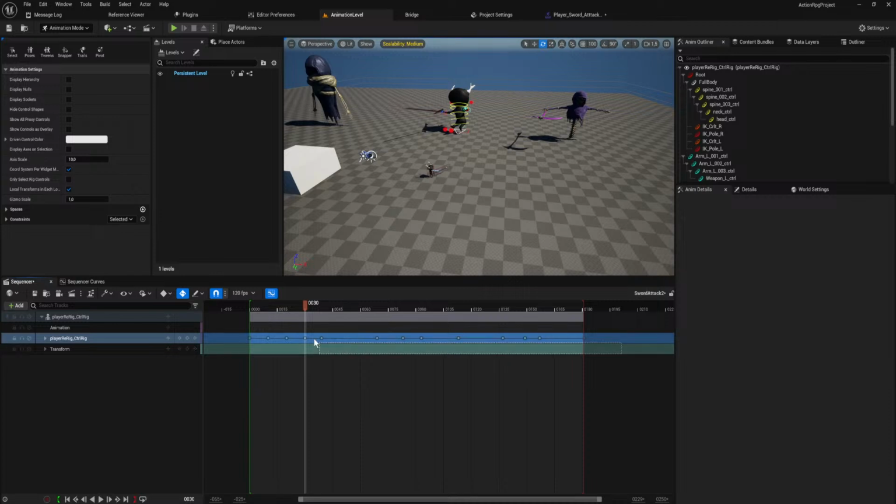Oh, it's because this is the actual swing. Hold on. I hate animation with a burning passion.